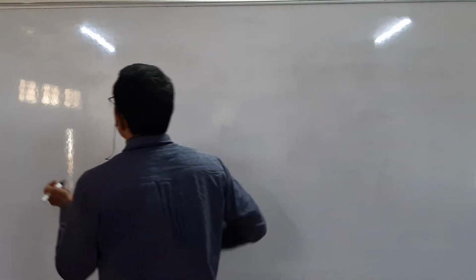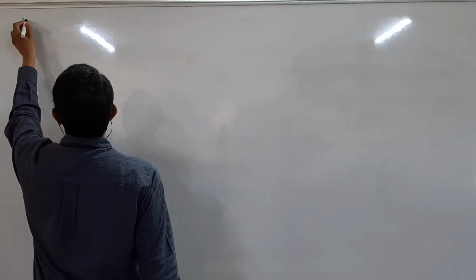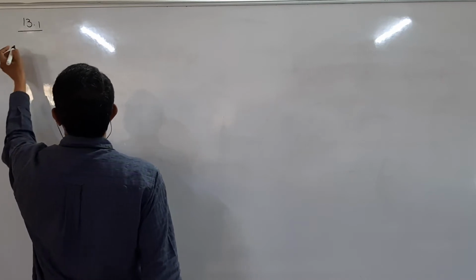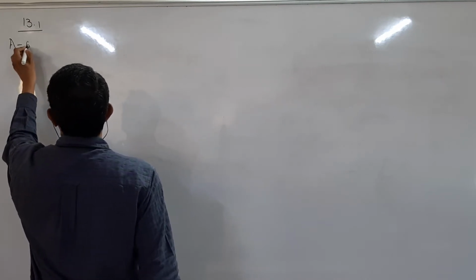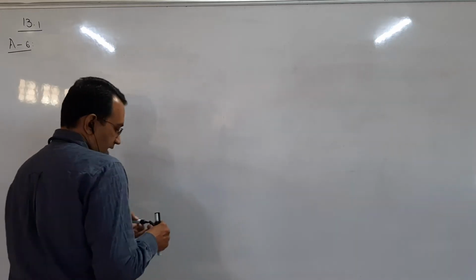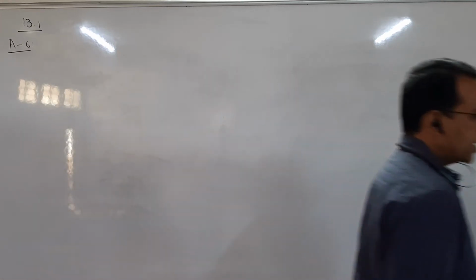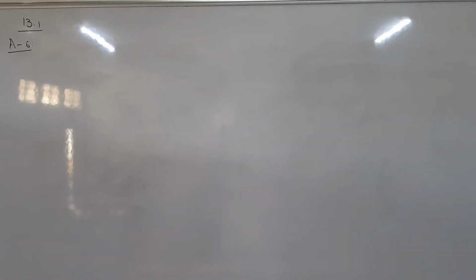In the last lecture of exercise 13.1, we have done up to sum number 5. Now, students, we are starting from sum number 6. First of all, let us read the question and check what is given and correspondingly what is to be